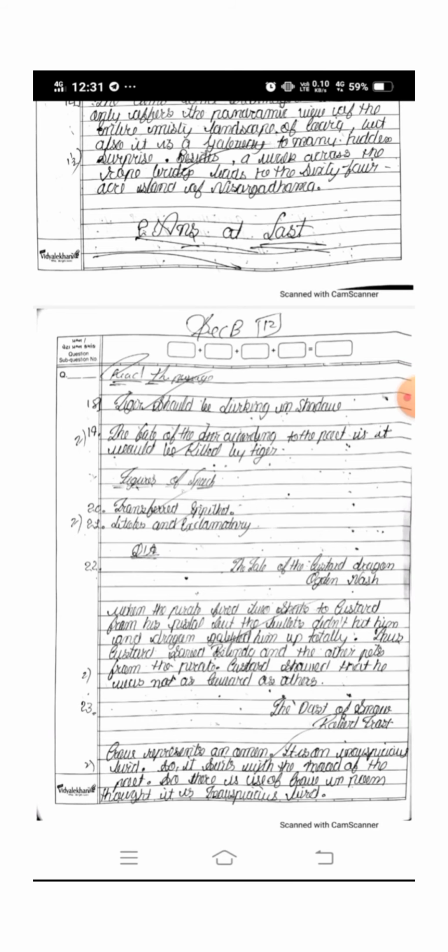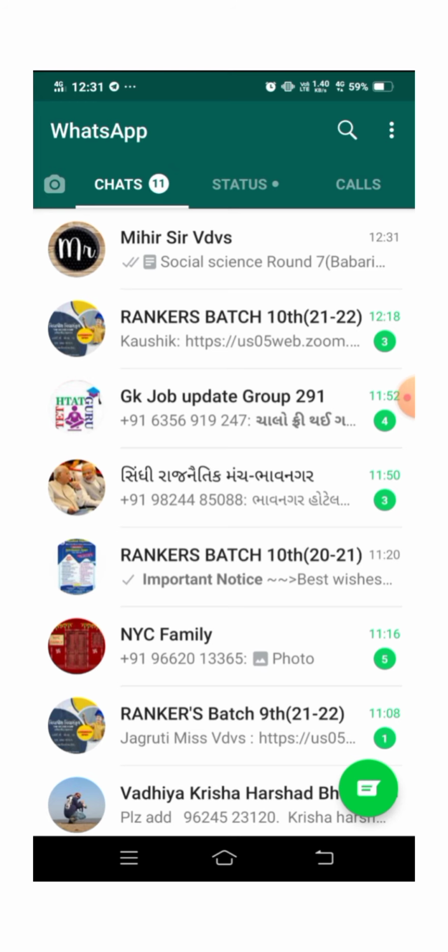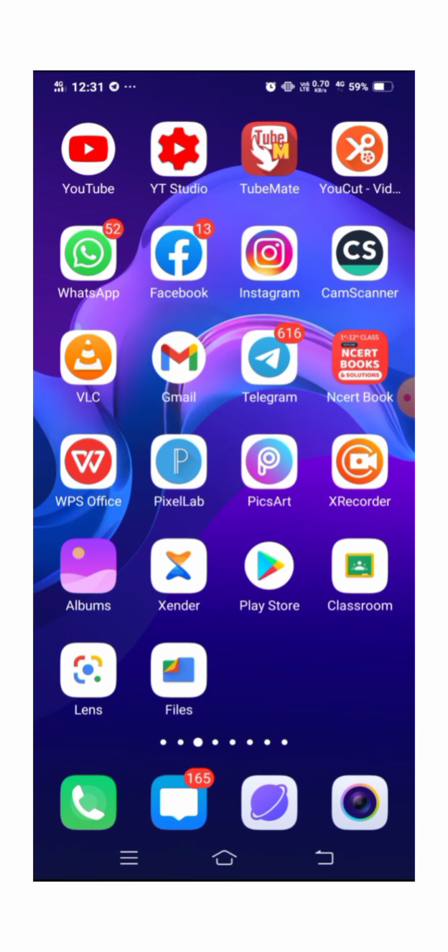So this is the method or way how you can create the PDF. Okay, so that's it, students. I hope it is clear to you how to create the PDF. So follow the instructions clearly next time and try to prepare the PDF in the best way and then send it to your teacher. Thank you, everyone.